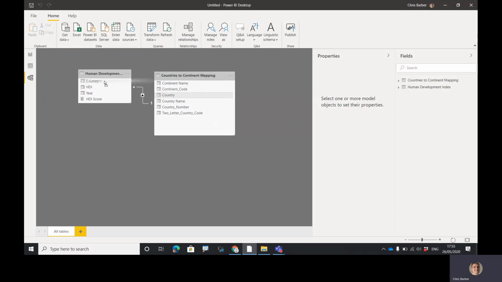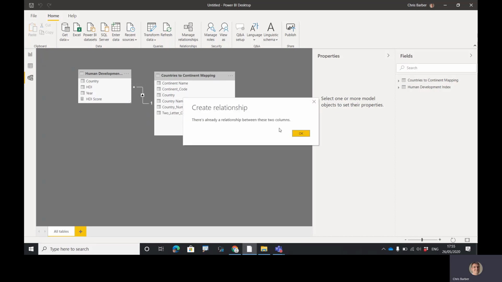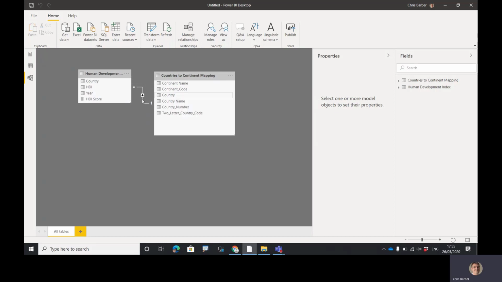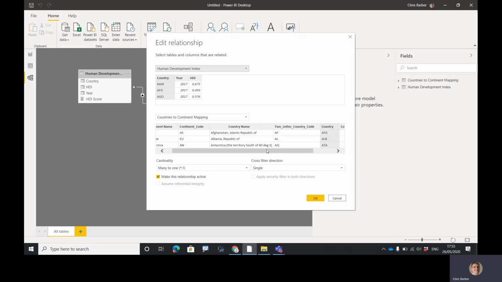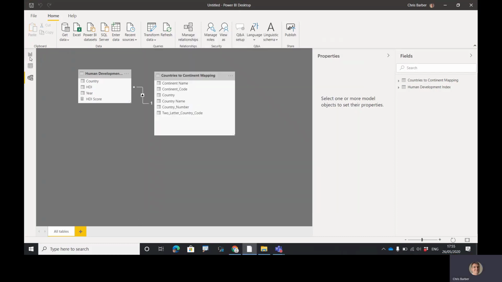But it's just to show you the issue with modeling that you have. So when you do the country to country mapping now, you can see it automatically creates that relationship for me. I can double click on it, and you can see it's not complained this time at all. It's saying many to one, and it's saying the single direction travel. So it's very happy with that. So it's got no issues with modeling. So if we go back up to the visualizations pane,